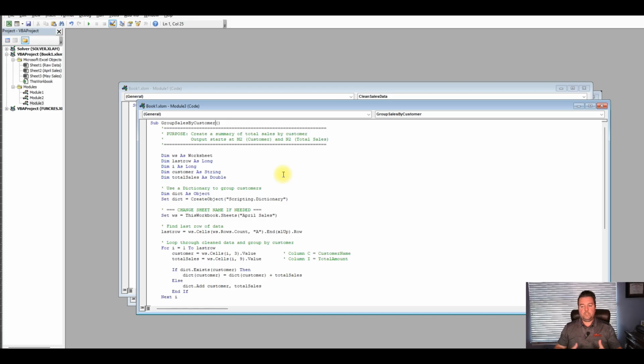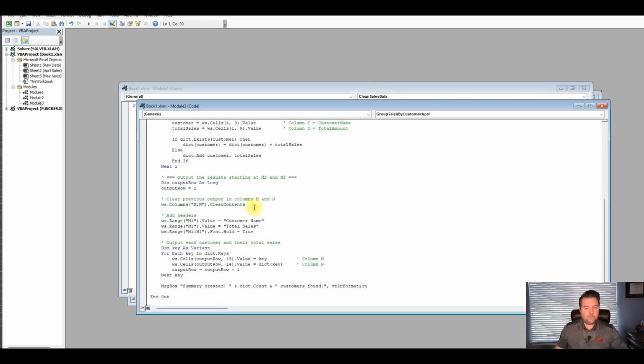Anything that's changing frequently, you don't want to put it in the code, because it takes a lot more to go into the code and make the change. Maybe something gets screwed up. Okay, now you're troubleshooting again. So you want your code to be just the part that runs, and anything that changes should be on the front end in the actual workbook, and then just reference that in your code. Just say, go to this cell, pull the value, and then run that in the code. Okay, so that's a good rule of thumb. But for now, I'll call this one April, and then we'll do May, and then probably just a year or something like that.